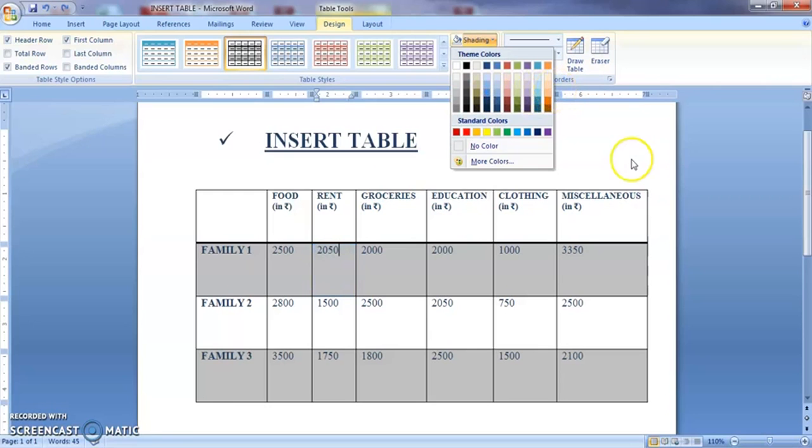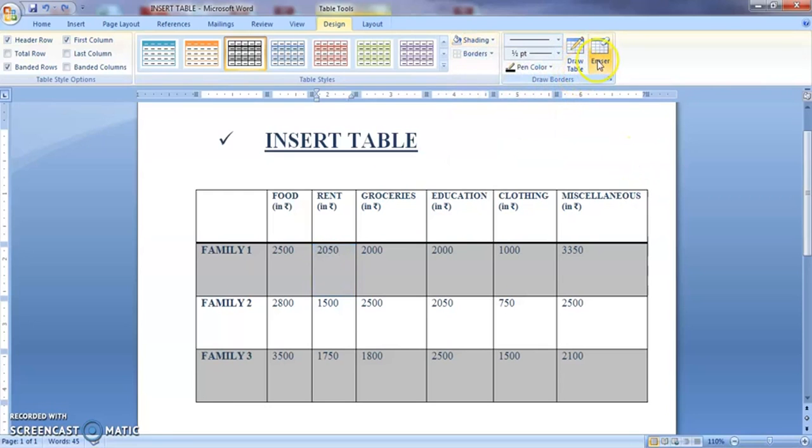Now even manually you can erase. You can choose an eraser. I don't want this particular part, just see here, I'll show you. Right, wait. See here, this is how you can select a section and, using the eraser, it will get erased from the table, manual eraser. I'm undoing the previous action. Okay, you will get the column back. Right, now these are the tools which are available under the design tab.